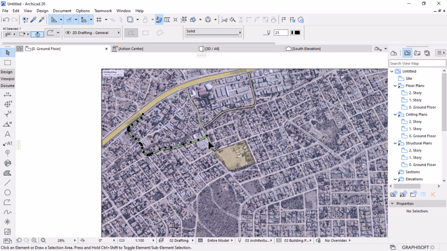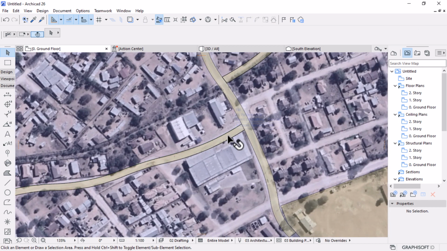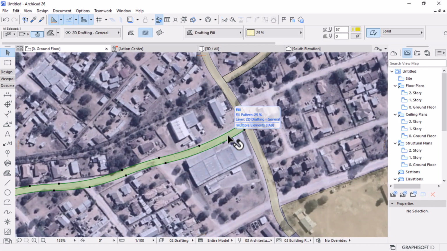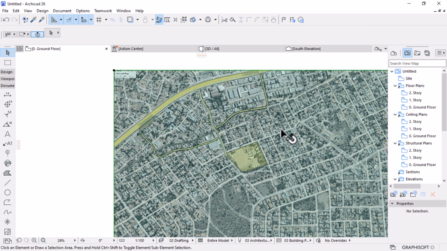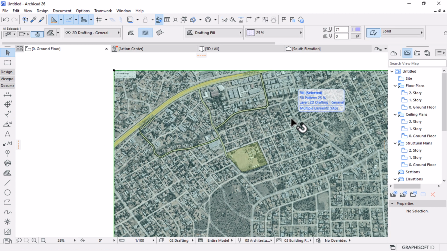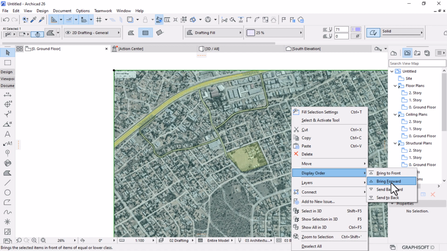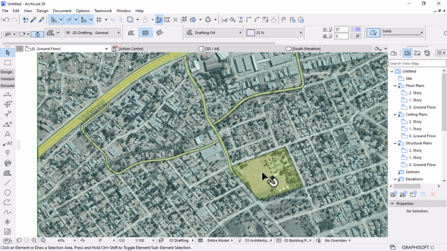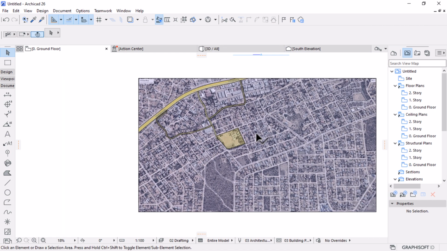What I need to do is to select all the fills now, except, well, let me just select this one. I'll have to take it back. Let's send it backward so that these ones become on top of the main fill. All right,